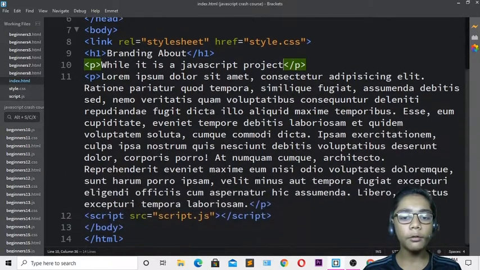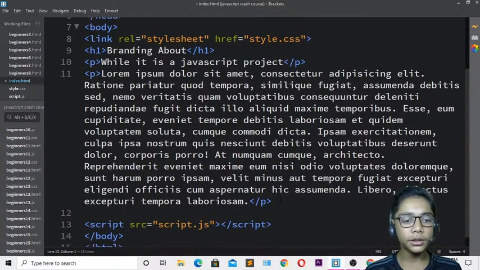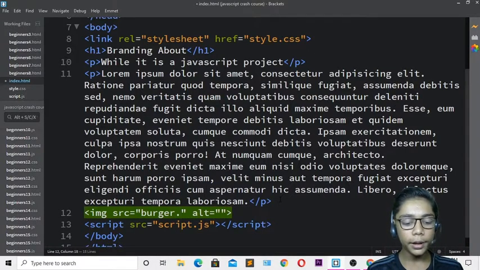So when you've done that, you have to come over here and I will be defining the section image. So just come over here, I will be defining image. Then it was burger dot, and I will be writing over here jpg. So I will be defining jpeg, and I will be erasing all this because now I don't need it, and I will be coming over here. I will be defining image folder. Then I will be defining that and I will be writing like that.